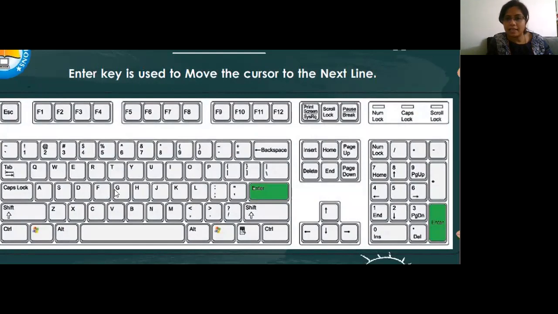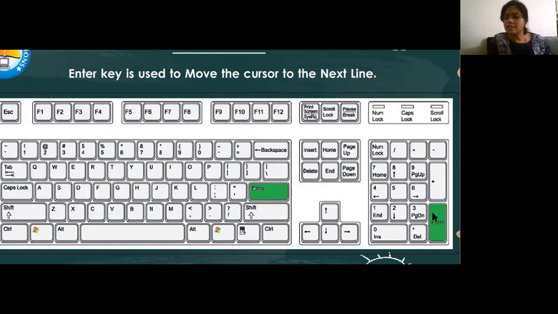This is first, second, third, fourth, fifth. So in the middle line of our alphabetical keys, at the end we have this one called the enter key. You can see we have 2 enter keys on our keyboard. One is here and one is at the right hand side bottom corner.